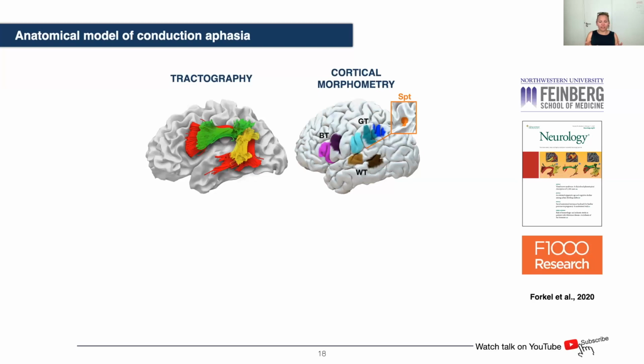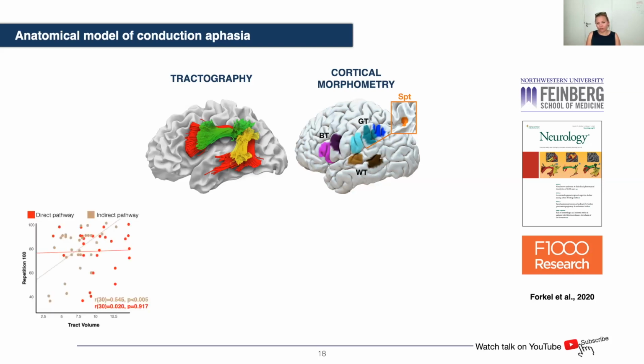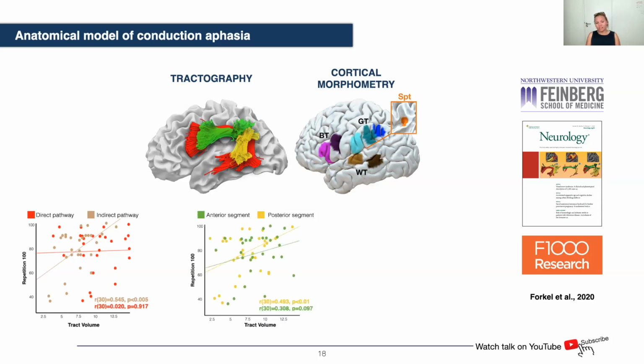So what we did is we took patients with primary progressive aphasia, a slowly progressing disorder, and looked at the arcuate fasciculus and the cortical region atrophy in the language networks. And what we could find was that there was absolutely no correlation between the long segment of the arcuate fasciculus in red and repetition deficits. We did, however, find a correlation between the indirect pathway and repetition, that's green-yellow, and they relay in the inferior parietal lobe. And for the cortical areas, there was only one that survived multiple comparison correction, and that was